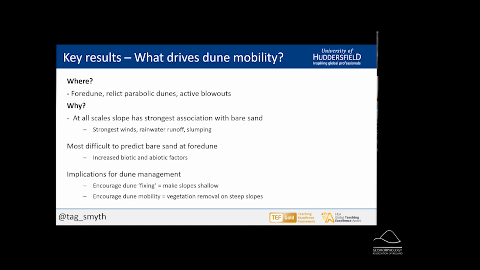And in contrast, if you're part of the Dynamic Dunescapes project, for example, or you're a land manager who wants to increase the amount of bare sand on your site, then maybe you can encourage dune mobility by only concentrating your vegetation removal on the steepest slopes to try and maintain the sustainability of bare sand on those locations. So instead of taking vegetation from an entire area, or if you've only got limited resources, concentrate on doing it on those steepest slopes, as they seem to be the most sustainable at continuing the presence of bare sand at